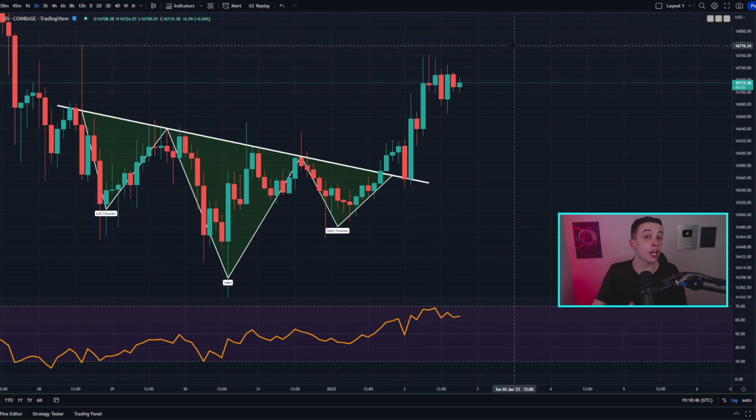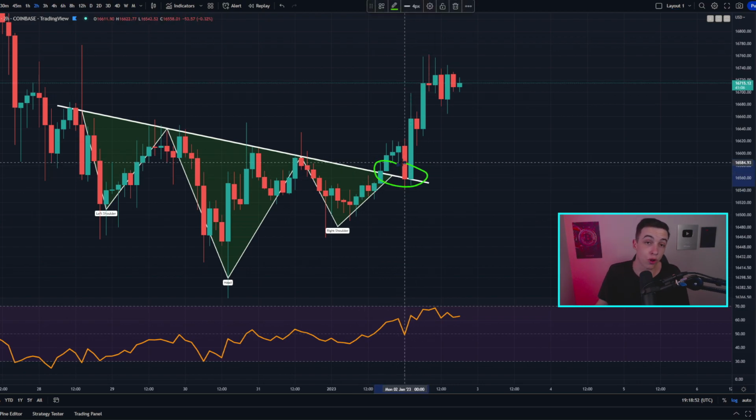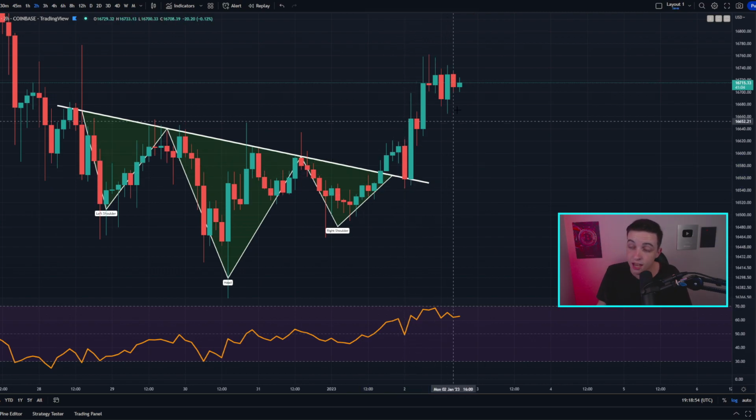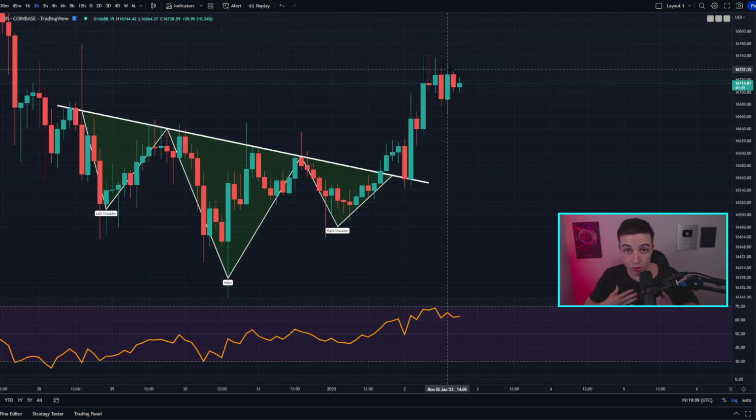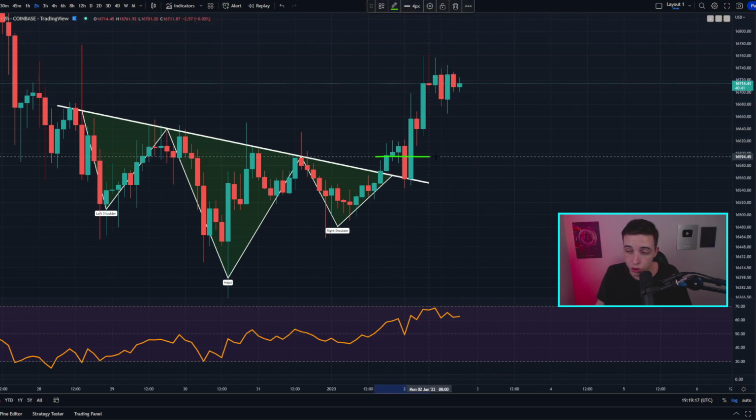And so obviously, congrats to those of you who took this trade and basically entered a long position at this breakout, because so far any one of you who did that are sitting in profits. And as I always say, what I personally do with these type of trades is when the trade enters into a decent amount of profits, personally I move my stop loss into at least some profits,